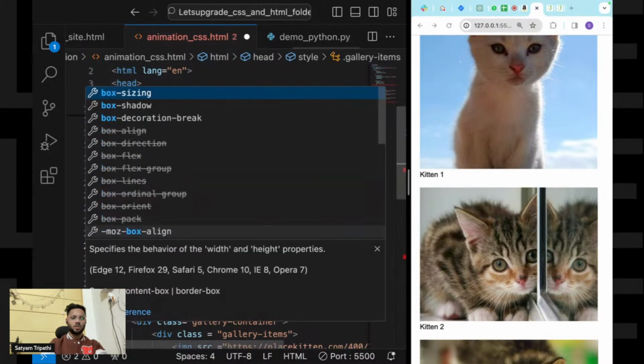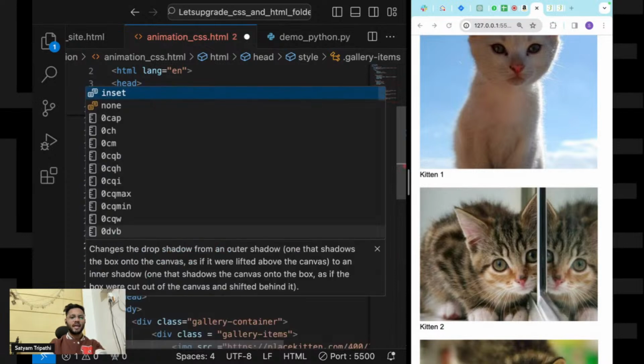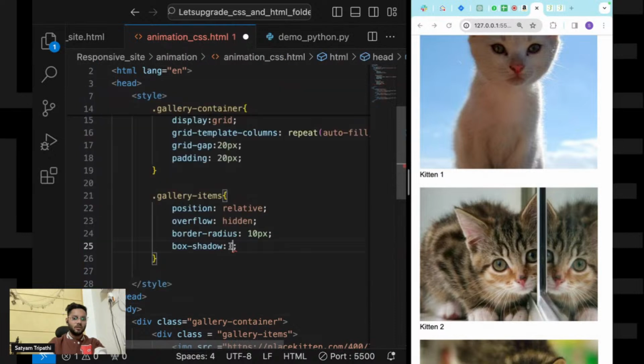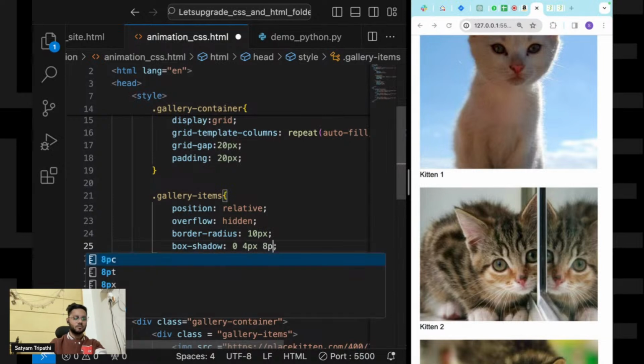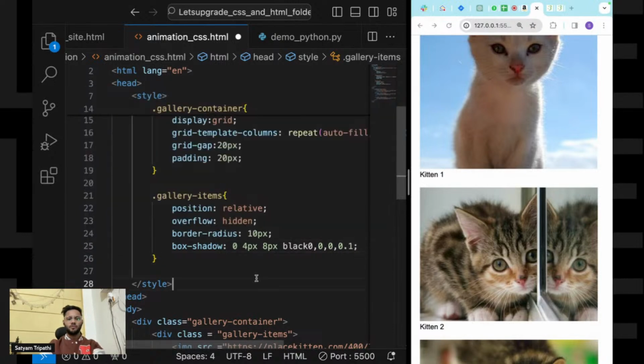Now, box shadow. There will be a box, and we'll see a shadow of it. So for that, we'll add something. First let me add it, and after that I'll explain what that is. And let us say color, I'll add black. Okay, so I'll add 0, 0, 0, 0.1. Now if I save it,